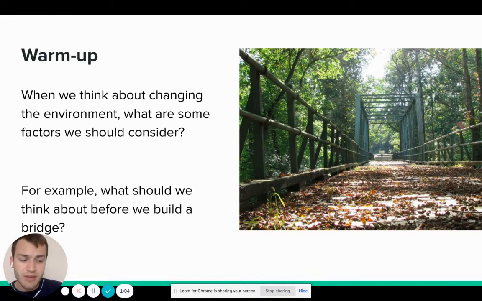Personally, the four things that I like to consider when I'm evaluating solutions to environmental problems are, first, how our ecosystem is going to be affected. Second, how is human health going to be affected? Whatever we do, is it going to affect humans' health in a bad way? Third, how is human safety going to be affected? And lastly, how might the economy be affected?